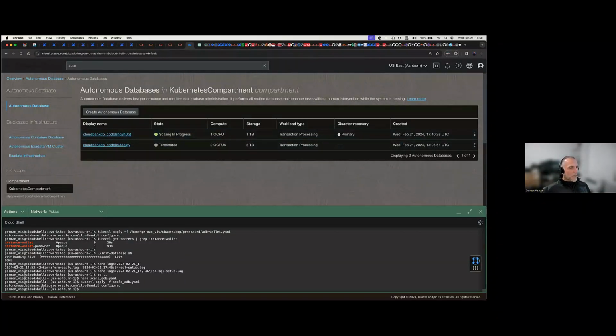But one of the good things is that there's already an underlying spec there for the autonomous database. So here we applied a new one, but we can also just patch the existing spec. So I will wait a little bit until we get these 2, 2 and 2.